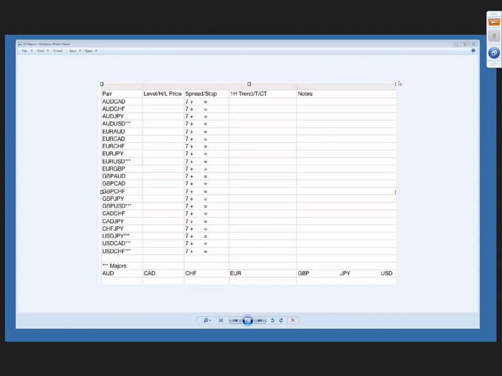So this is the first thing I do, is I'm looking here and I'm determining which pairs that I may want to trade, and it's usually 7 or 8 pairs. Out of the 21 here, it's usually 7 or 8 pairs that I find interest in that particular day. Then